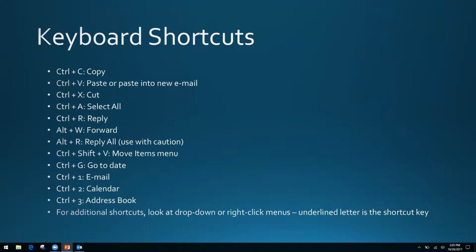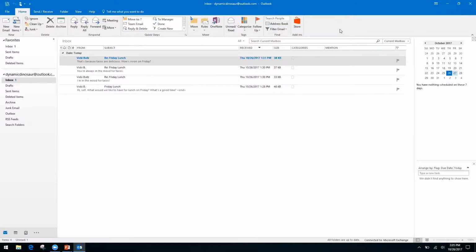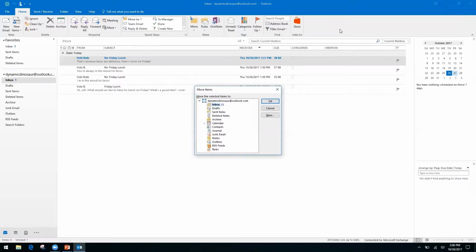Control-Shift-V is the Move Items menu. That one I will show you. So Control-Shift-V is going to allow you to move emails automatically to your folders. Right now, this is a brand new demo account. There's not a lot in here. I don't have any folders set up. We are going to go into how to set the folders up, but I wanted to show you a brand new, bright, shiny, clean version so that we can see what it looks like when we start to do the customizations. But if you are someone that has lots of folders, dozens, hundreds of folders,